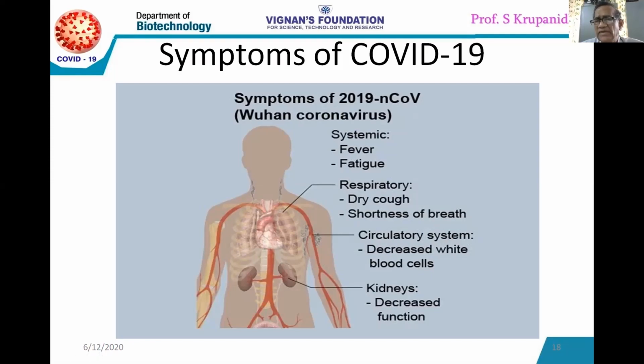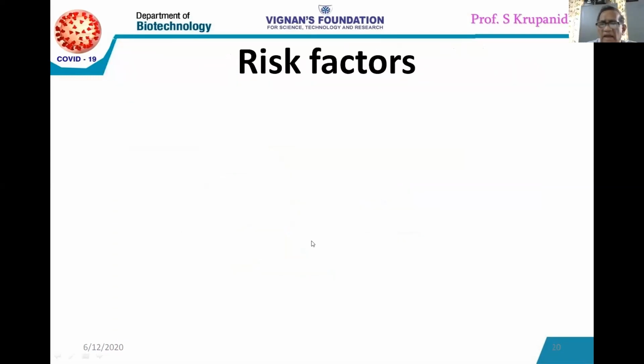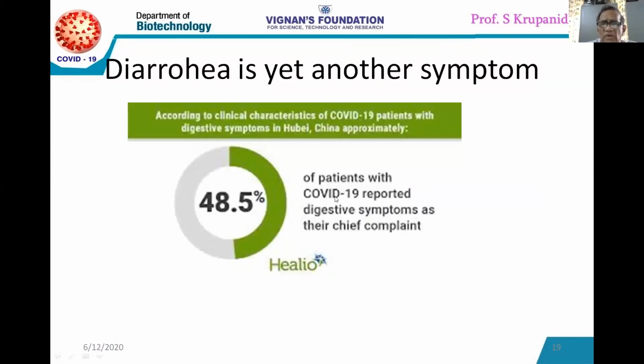So there is angiotensin, renin, vasopressin. These are all the hormones that are being regulated, and they are being produced from the kidney. That's why kidney is being affected at the later stages of COVID-19 infection. Now, this is the observation made in China, in Hubei, that people are also having this diarrhea symptom. 48.5% of the people suffered with diarrhea. They must not have shown the respiratory distress syndrome.